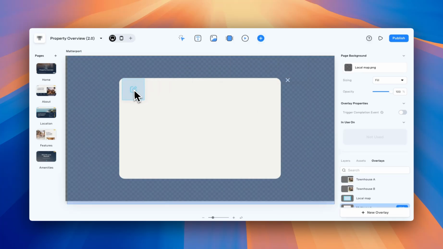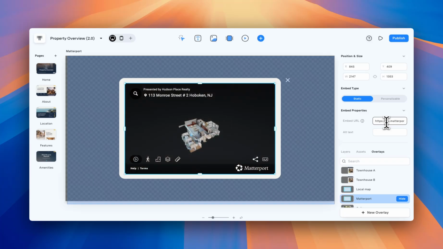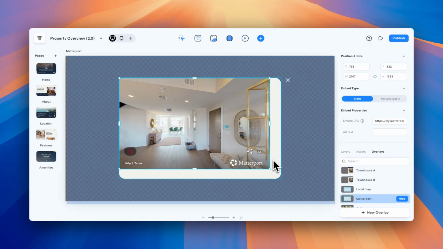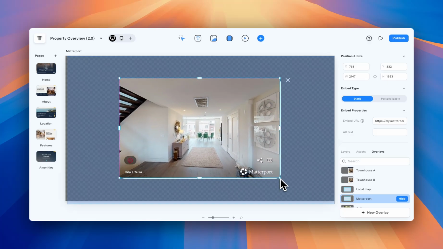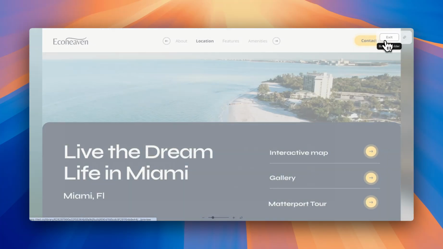So we'll bring our Embed Tile onto the canvas, size it up, and all we'll need to do is copy and paste our tour. Now it's up to you if you want to have that background card or if you just wanted to size it accordingly and have the X to go back. But now as we preview this,